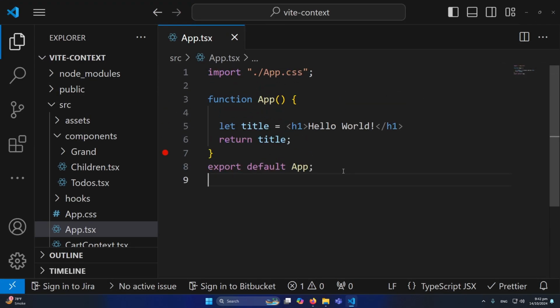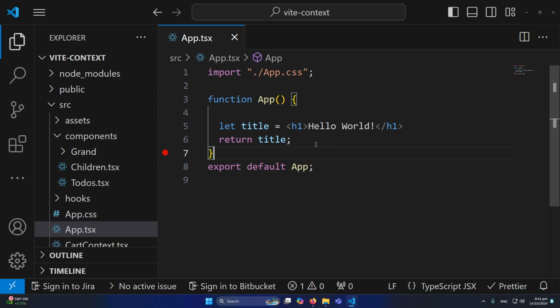So the question is, why do we not see any error? We directly save this HTML inside our variable and we are directly returning this because we are using JSX. So this is not HTML, but this is JSX which looks very similar to HTML. So the key benefit of using JSX is we can write, you can say, HTML directly in our JavaScript code,